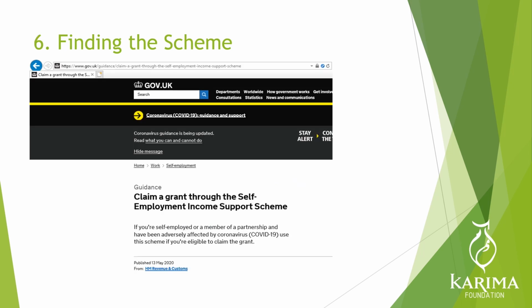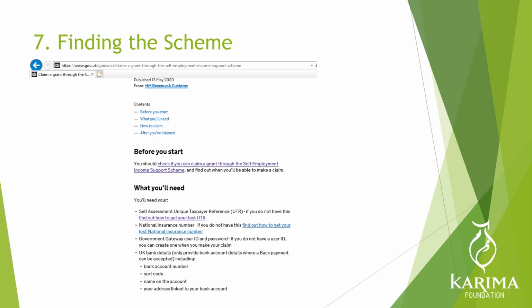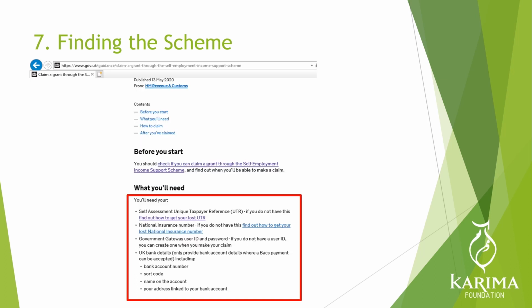So when you click on the previous link, you should arrive at this page here. If you scroll down, you will see the required information. Note that it does not say you must have your registered phone with you. In the example that we completed, we were not sent an access code. However, still keep your registered phone with you, as you may be sent a code when you are logging into